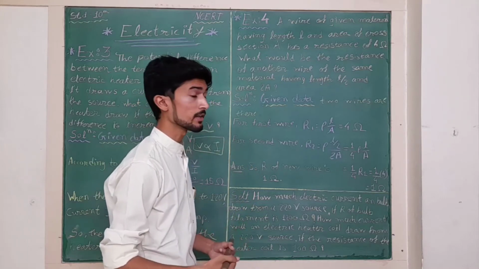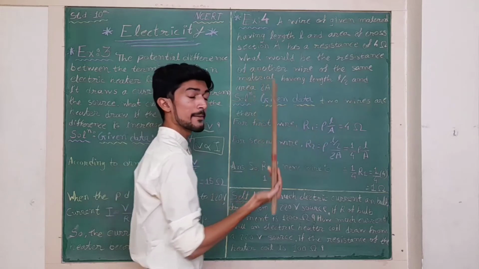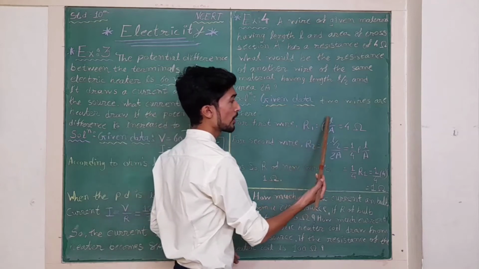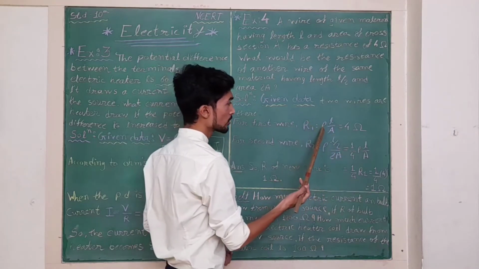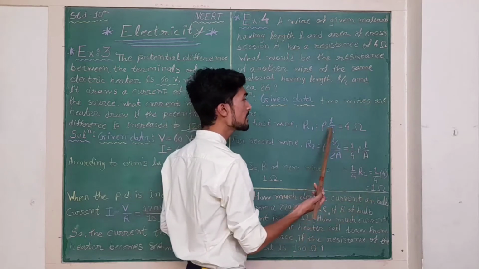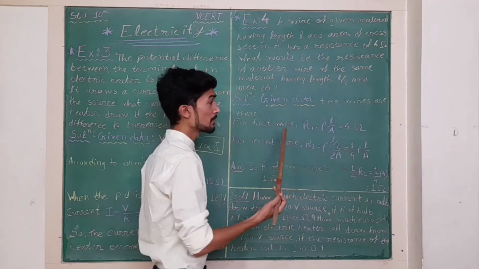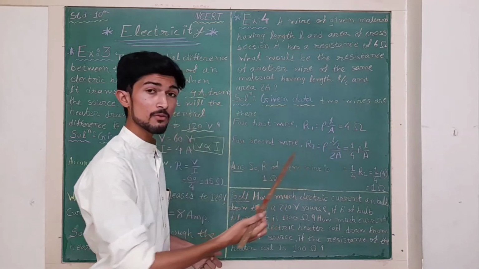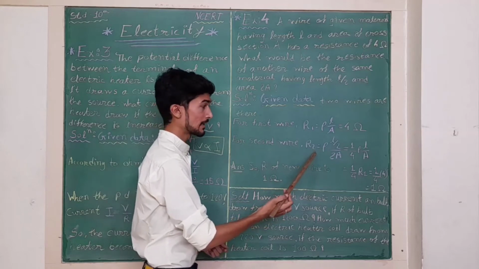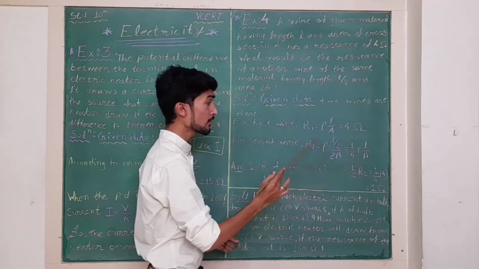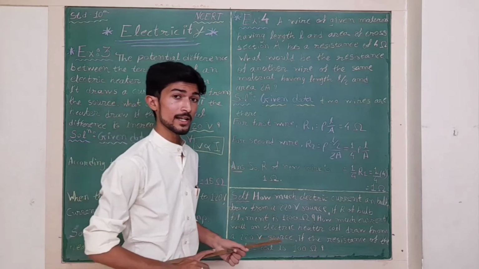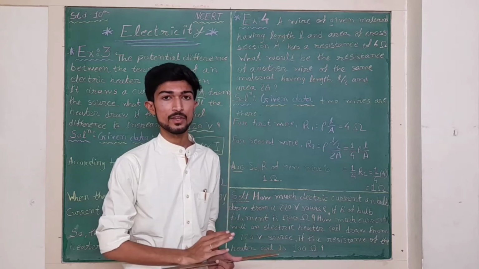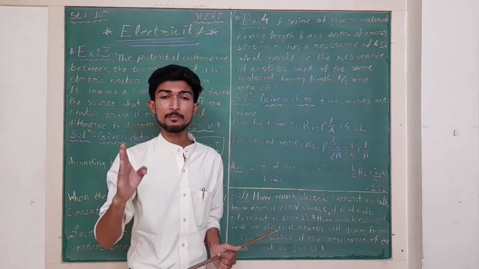First of all, what we have given? The given is 2 wires with different dimensions. For the first wire, R equals rho L by A, that is the formula. We don't need to put in values because we don't have them, but we have the final answer of R1, and that is 4 ohm. So for the second wire, R2 equals what? Rho is as it is. Why rho is as it is? I have told you already that resistivity will remain the same for a material in any condition, just keeping the temperature the same.